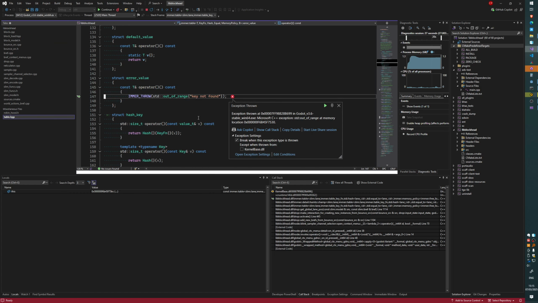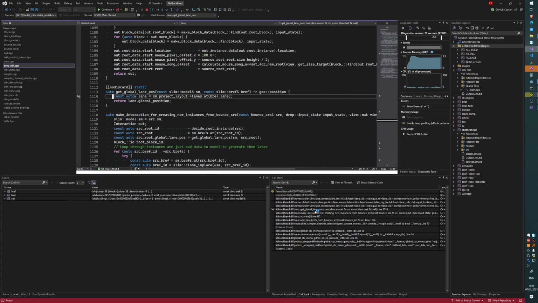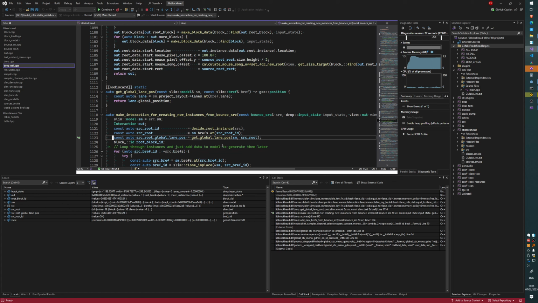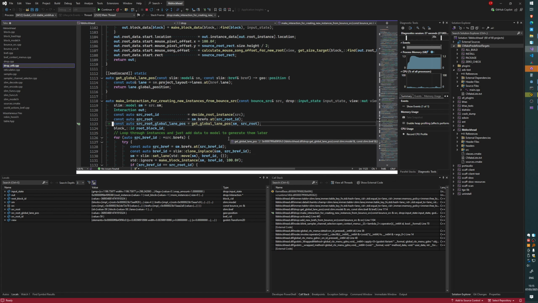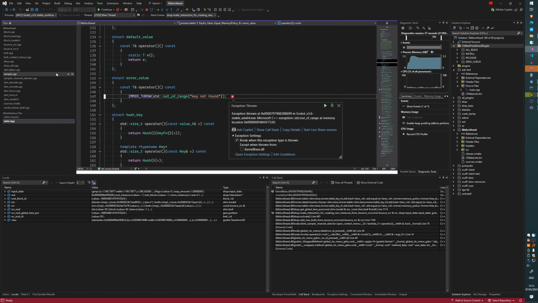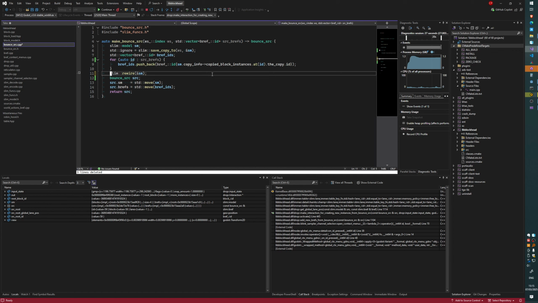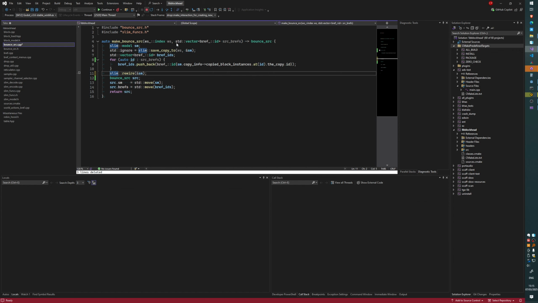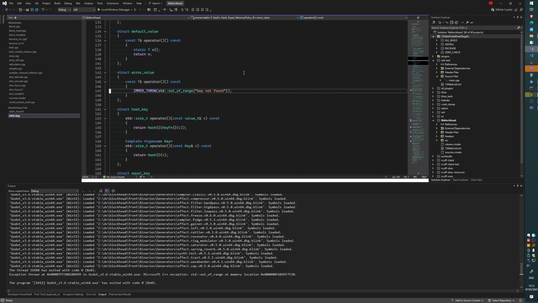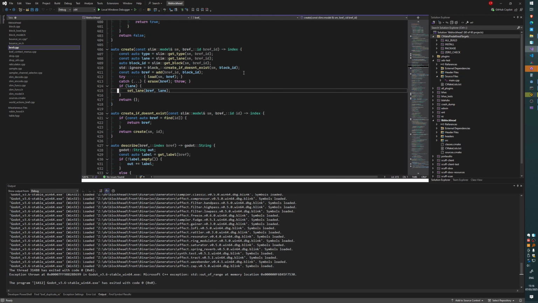Let's see, restore, still breaks, but in a different place. Get global lane position. It's not on a lane. Again, it's not on a lane. So, right, that's why we need the lane information. Actually, right, okay. We can't remove the lane information because we need it for when we're constructing the configuration of blocks for stamping purposes. So instead,